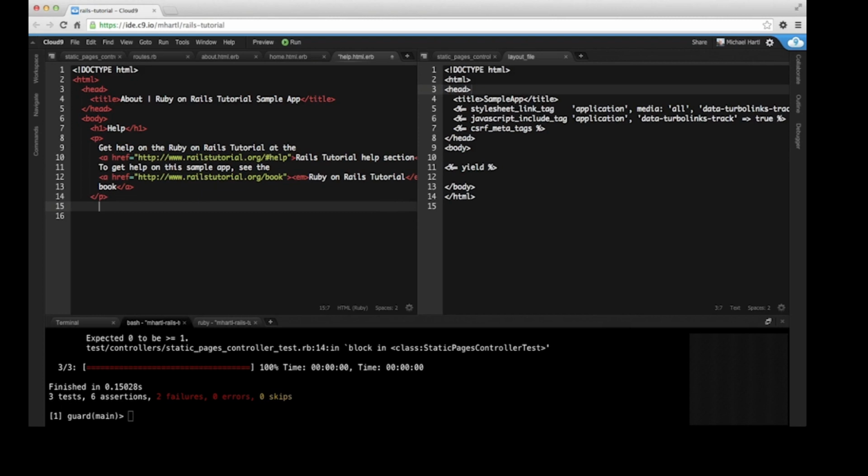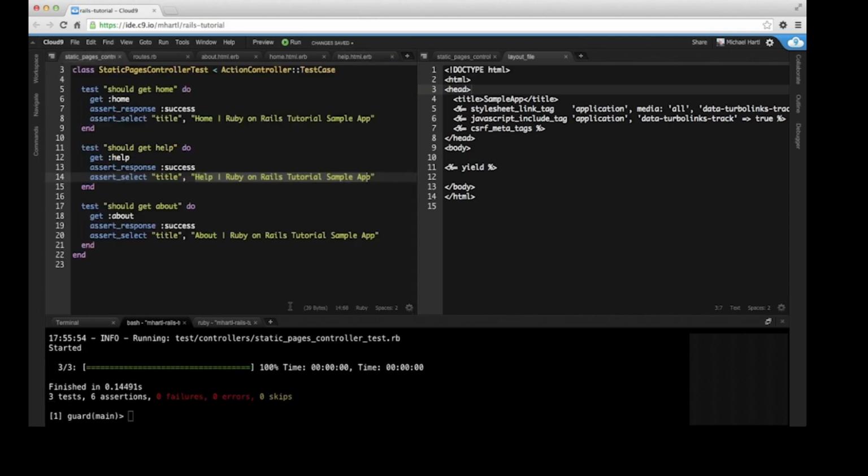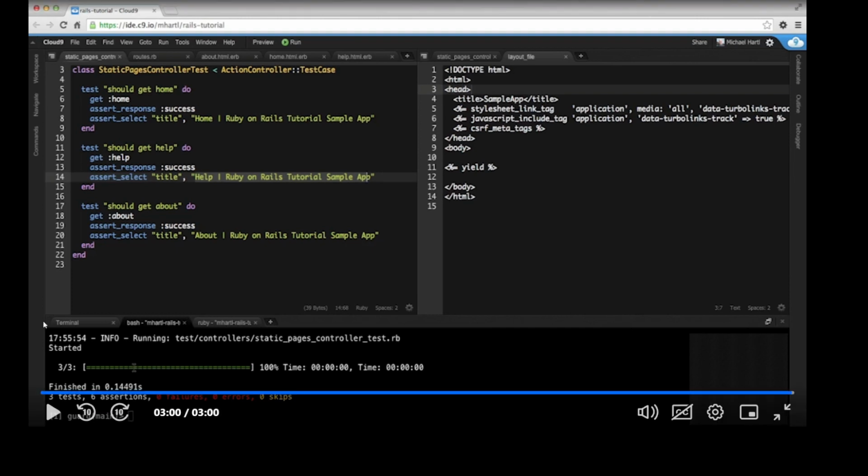And then close down the tags and change the title here. This is the help page. Save that, and let's go over here and just save it to tell Guard to run it. And there we go. Now we're green. Look at that. Red, green, re